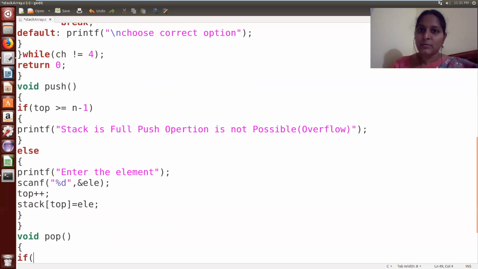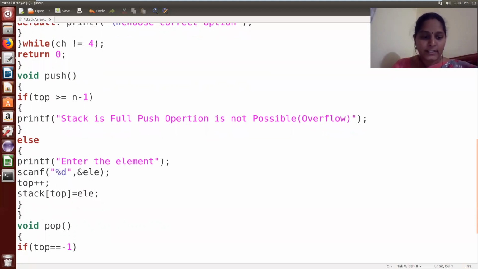So how to verify the stack emptiness condition? If your top pointer is pointing to -1, that indicates that the stack is empty. So use that condition for verifying the emptiness. If top equal to -1, that indicates that the stack is empty. If the stack is empty, sorry, deletion is not possible. Stack is empty. Pop operation is not possible,